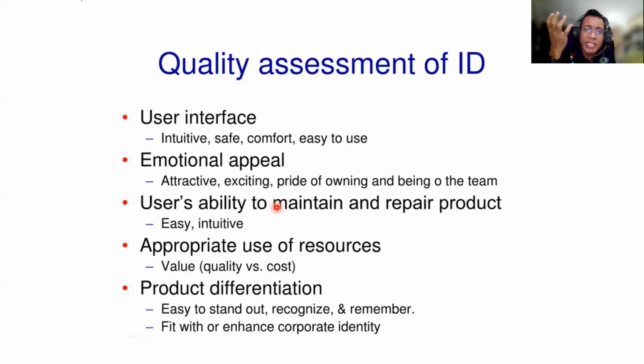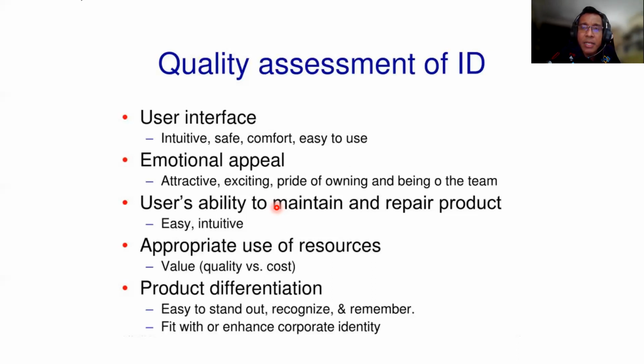Is it exciting? Can the product express its quality? So there is emotion. We can see the feeling of the user when they use the product. We can buy something with a high quality product. We can feel something like pride about that. With a very attractive product, we feel that we want to have that product. That is an assessment based on emotional feeling.